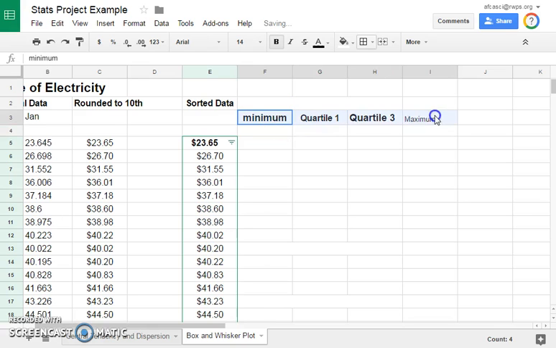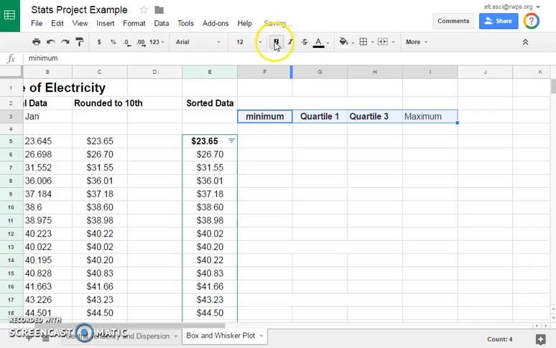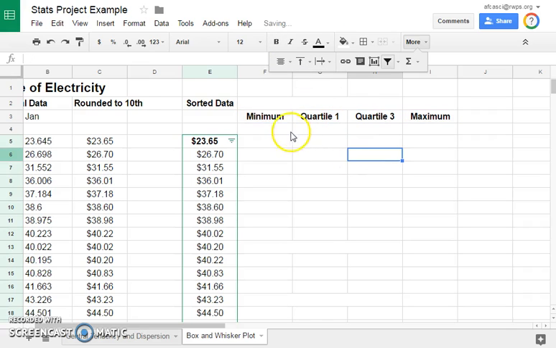Okay, and you can make these pretty later too if you want to. But I just wanted to show you some of the things. So you know your minimum, you know your maximum. You might have already done this one by hand. You might know your quartiles there too, but I just wanted to show you how this works